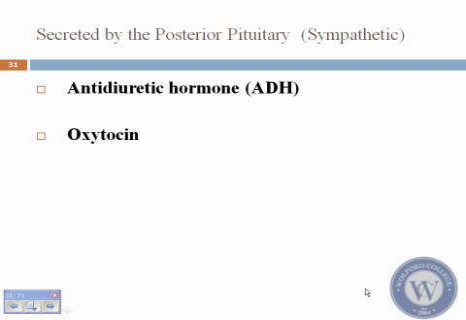Oxytocin, on the other hand, is the other emergency drug in your body, which is usually used for women at the time of parturition, when they deliver the baby. What keeps them alive and not hemorrhaging to death is that the uterus begins to contract very vigorously from the release of high levels of oxytocin by the posterior pituitary. If you don't have adequate secretion of oxytocin into the bloodstream, the woman's uterus stays atonic, which means it doesn't contract, and the patient may hemorrhage to death and die.